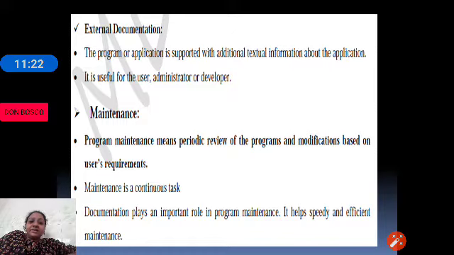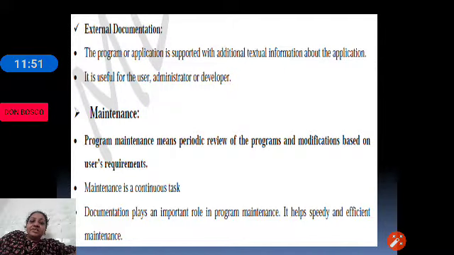So maintenance is something related to that. Once a program is created, down the line after several years of usage, our program may become older and it may start giving some errors, or sometimes some concepts or features it will not support. So we need to update it, or we need to maintain it.